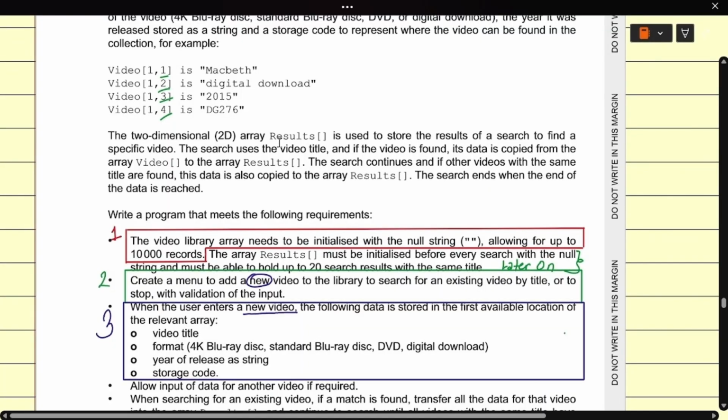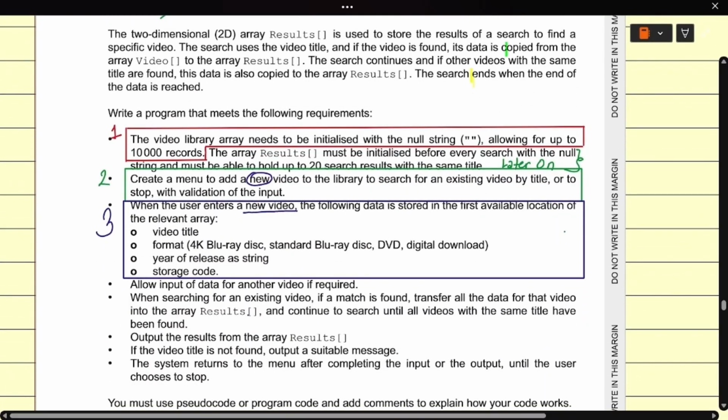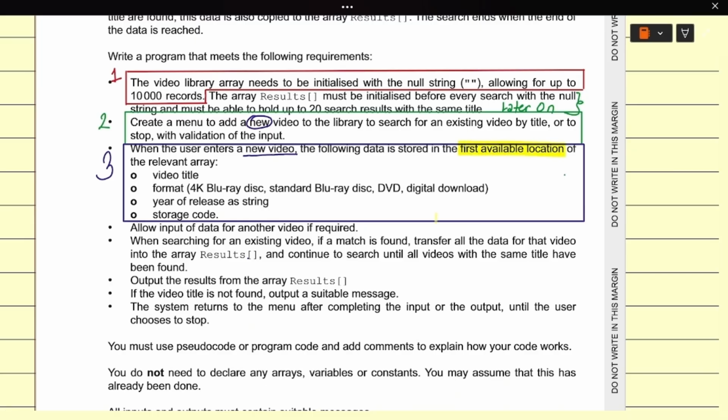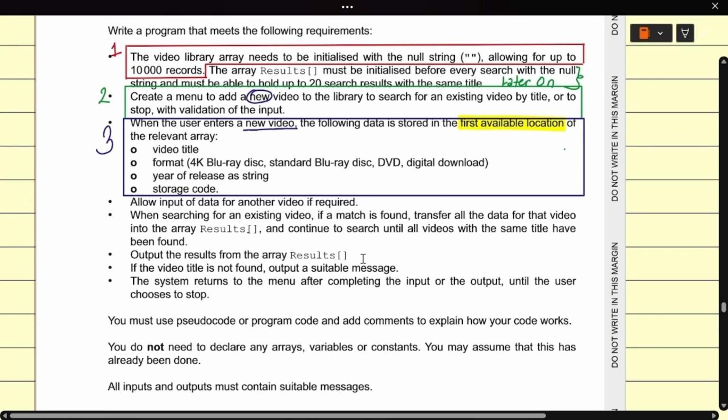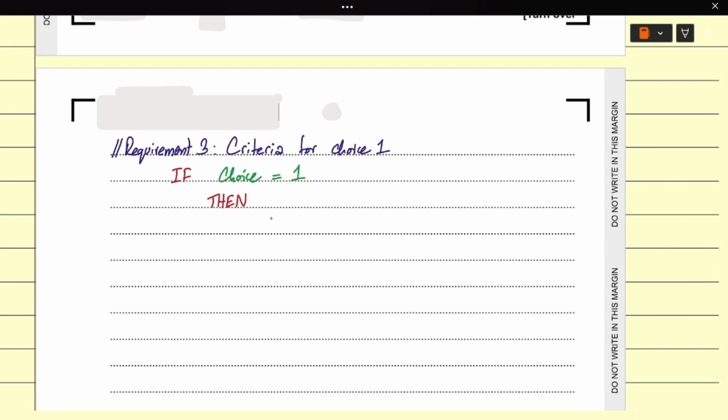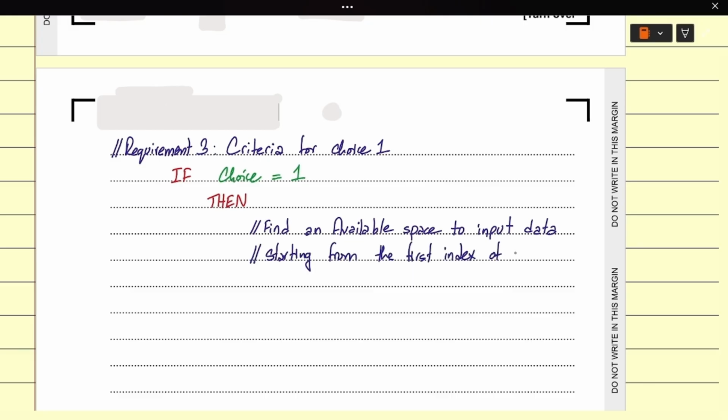So the user is going to enter new video data, so find an available space to input data. Starting from the first index of the video array.